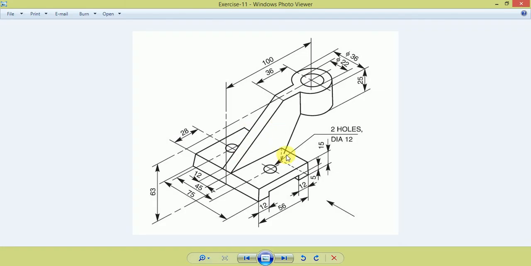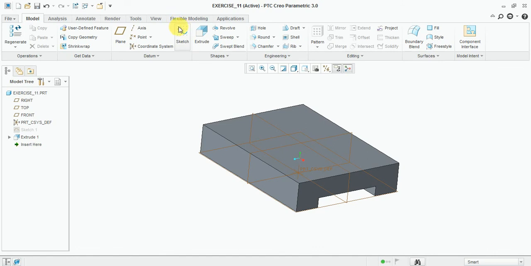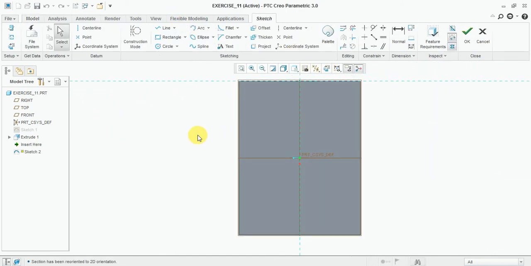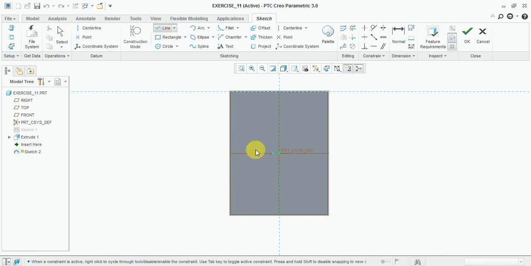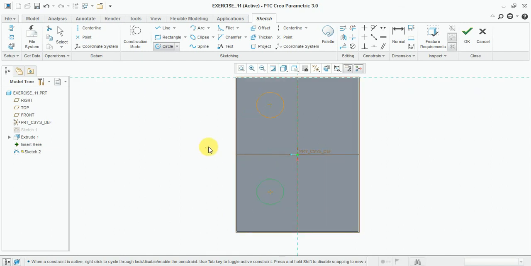Now here two holes are given, 28 mm from this center and now 45 mm from the center line. Select this one. Both radii are the same, so enter equal.